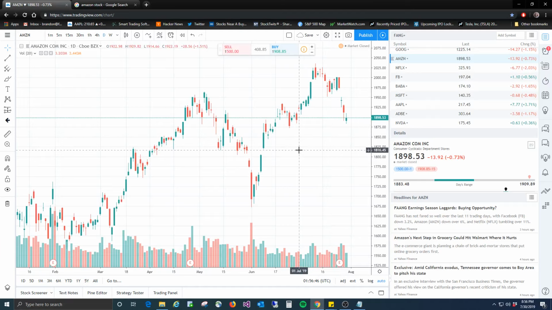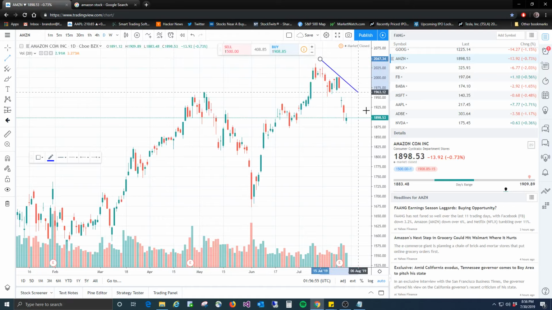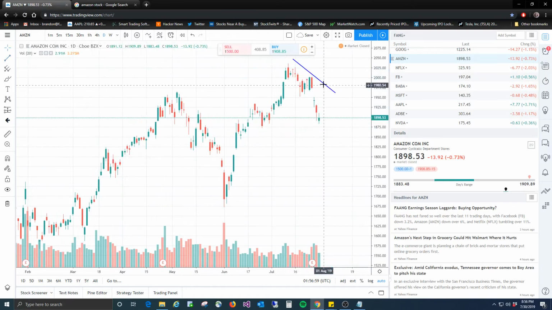So let's see. All the other basics of TradingView is stuff I use here. So you can draw some lines here, draw a trend line. Say you want to say, oh, I'm going to draw a trend line right here. Click right there, and then you can change the color of it,